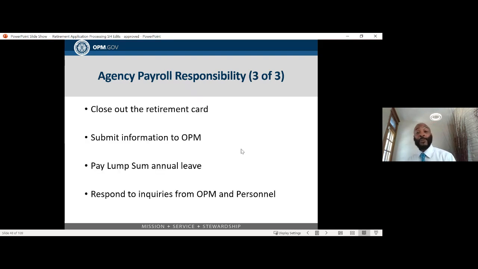Okay, the agency payroll's responsibility is to close out the retirement card. They are to submit information to OPM, and they also pay a lump sum of annual leave. And they also respond to inquiries from OPM and personnel that have questions about the system, about the process of the retirement application,